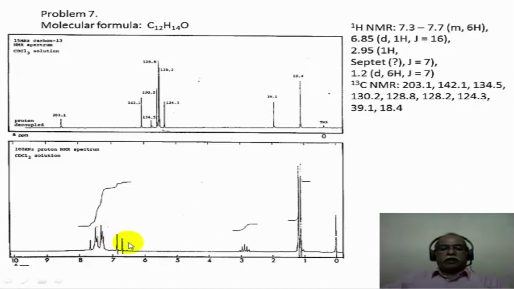There is a roof effect kind of a thing you can see. Unequal intensity distribution is what you have, and this integration here suggests that this part of the integration is essentially same as this part of the integration. If this is for 1 hydrogen, this also should have been for 1 hydrogen. So where is the coupling partner of this particular doublet? It is sort of merged into the aromatic multiplet here. You can see here one line of the doublet, the other line is merged with the aromatic multiplet.